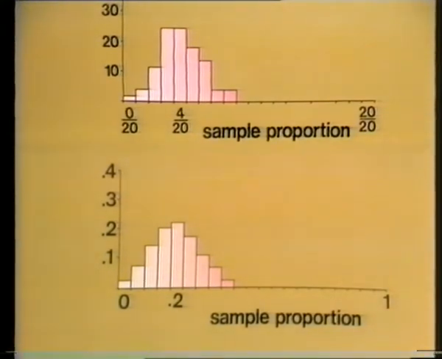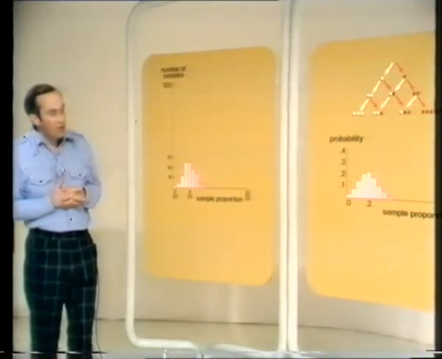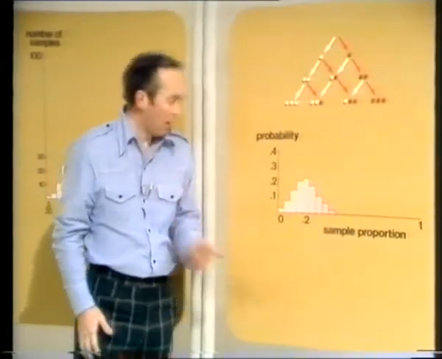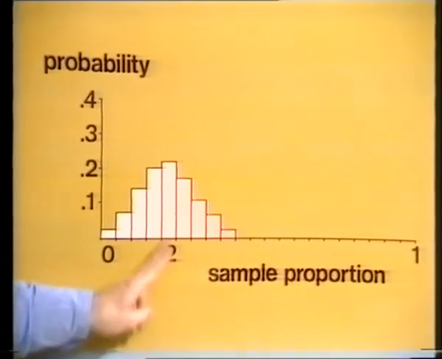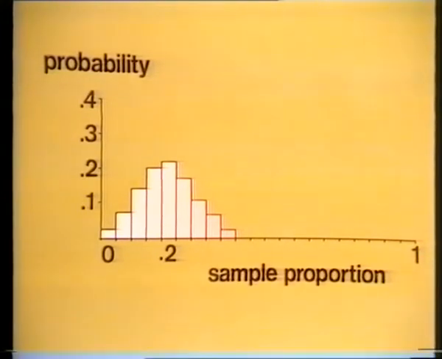And the experimental results don't match exactly, but that's because we only took 100 repetitions of the experiment. The more repetitions of the experiment we take, the more we feel that it ought to match up to our theoretical model. But even at this stage, it's quite a good match. Now, what does this theoretical model really tell us? Well, it tells us, first of all, that the sample proportion 0.2 had the highest probability. In other words, the likeliest sample to occur is one with 4 reds out of 20.